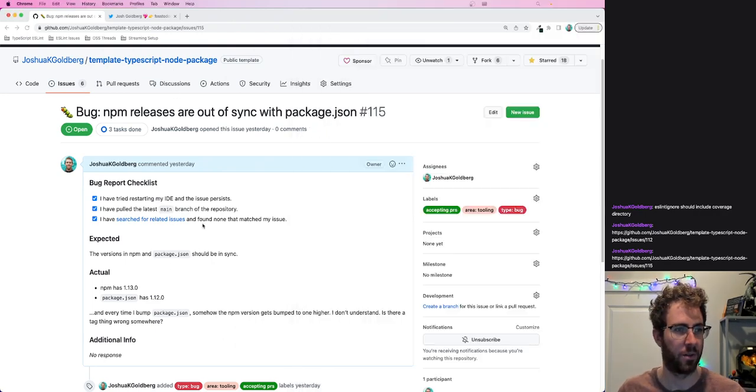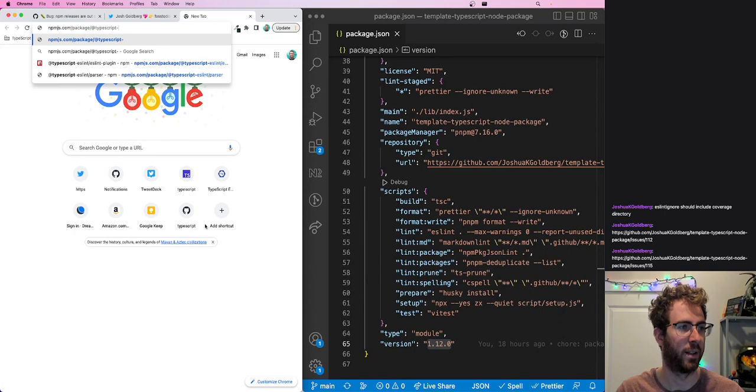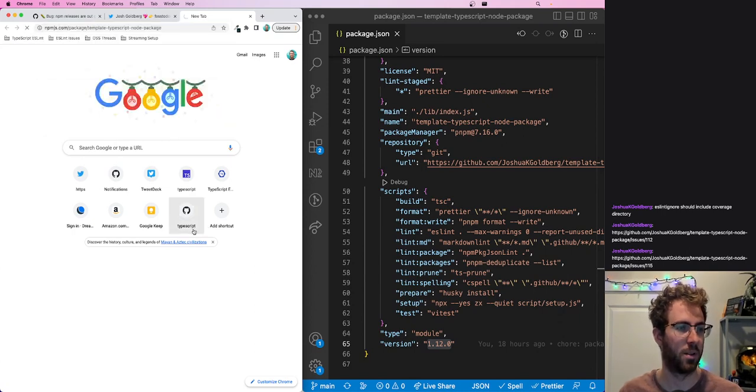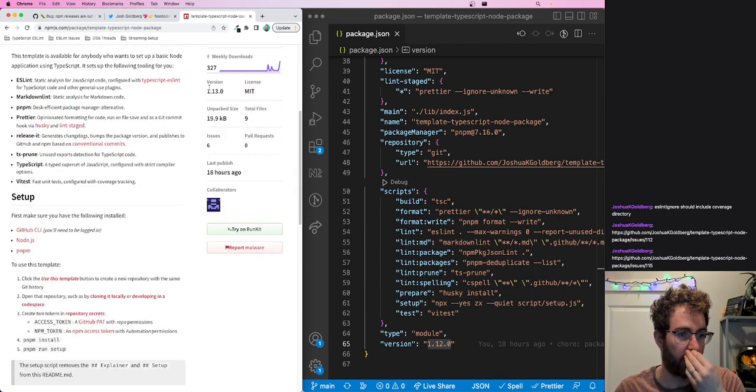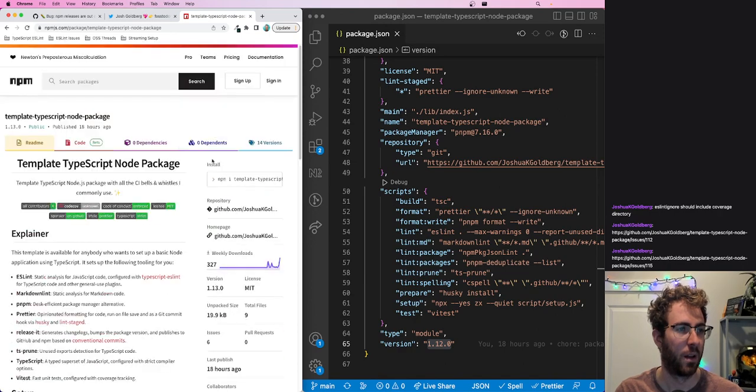And then if we go to the npm package template-typescript-node, which has, by the way, 327 weekly downloads. I don't know why anyone would install this. It's some automated things people do. Who knows? We see it's version 1.13. So the problem is I